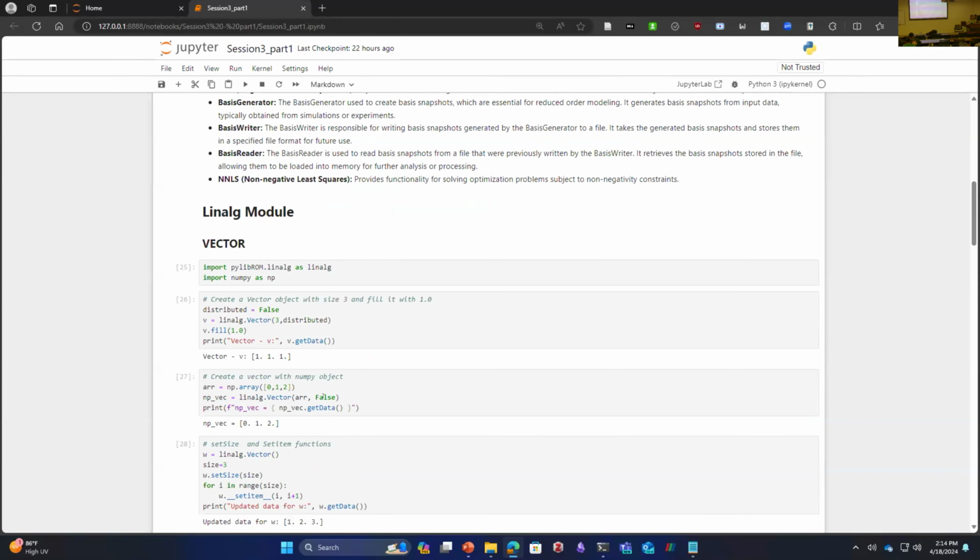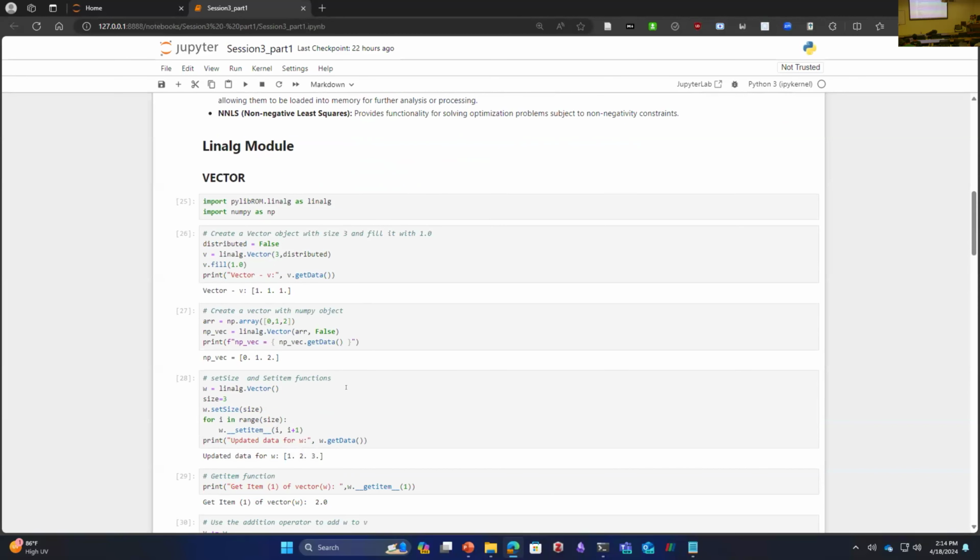So here we are going to discuss vector, matrix, and SVD because these are some of the basic and important components, because most of the algorithms provided by the reduced order models take vectors and matrices as inputs, as parameters. So in order to create a vector object, first you need to import the pylibROM.linalg module because the vector class is available in the linear algebra module. And then